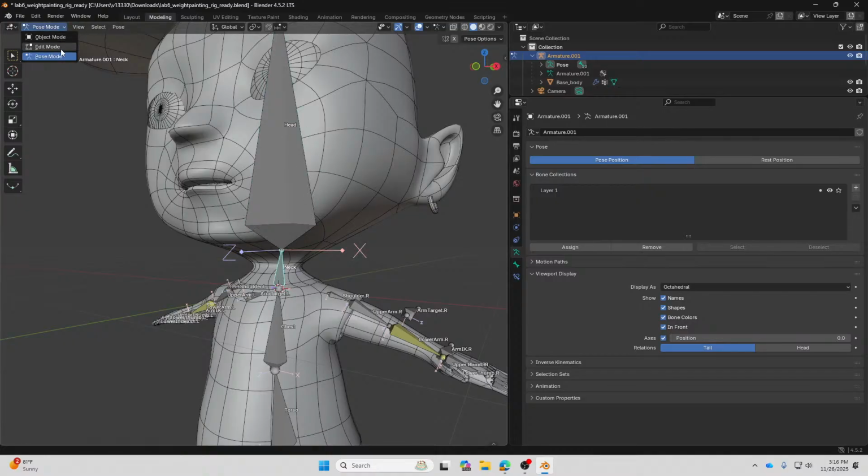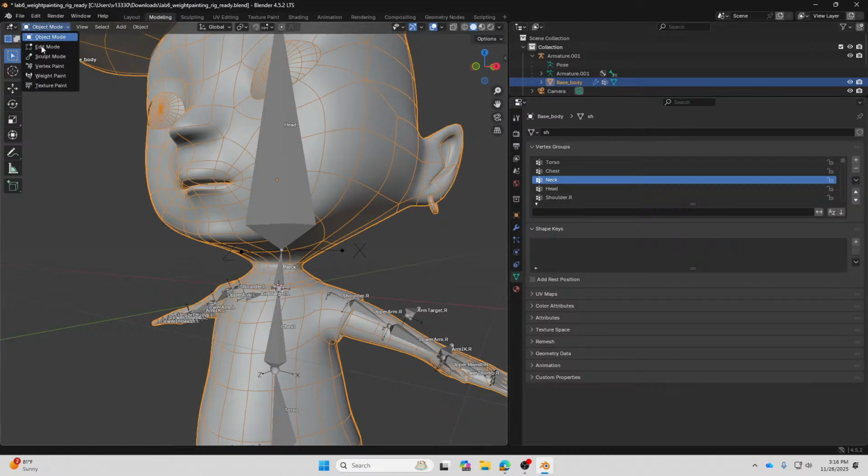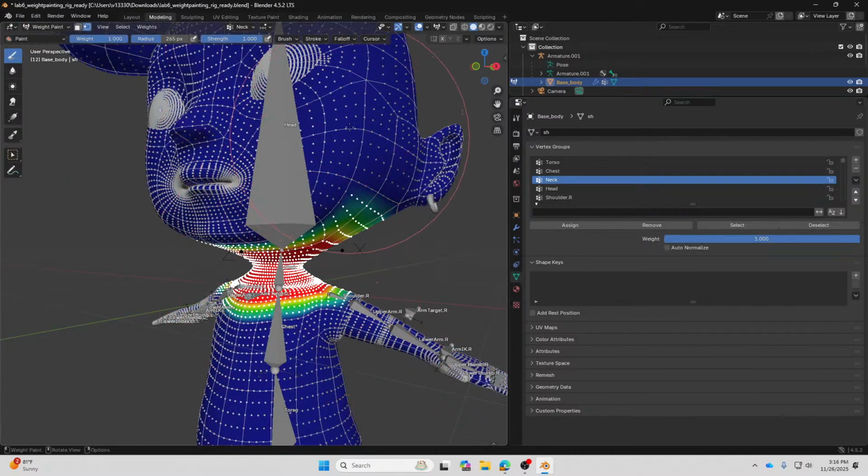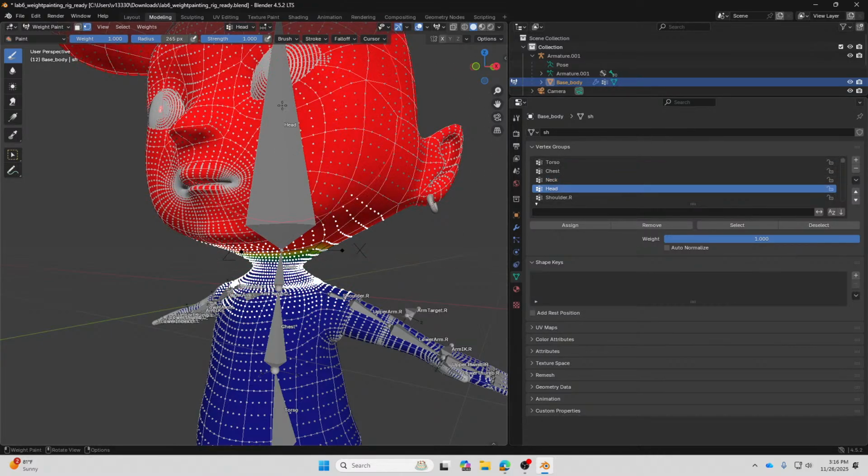Now, if you go back to the weight paint mode over here, you're going to see blue color, meaning the neck doesn't influence the head. But the head bone, if we click on the head over here, is a child of the neck bone, and as a result, when we move the neck, the head is going to follow along.